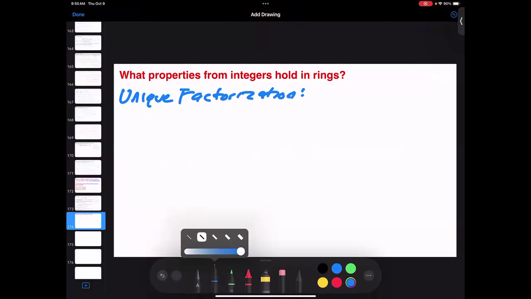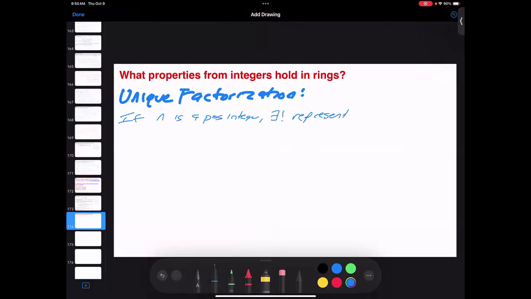So if n is a positive integer, there exists a unique representation. Have people seen this notation before? The E and the exclamation point? Excellent. The unique representation, n equals p1 to the r1 dot dot dot pk to the rk,